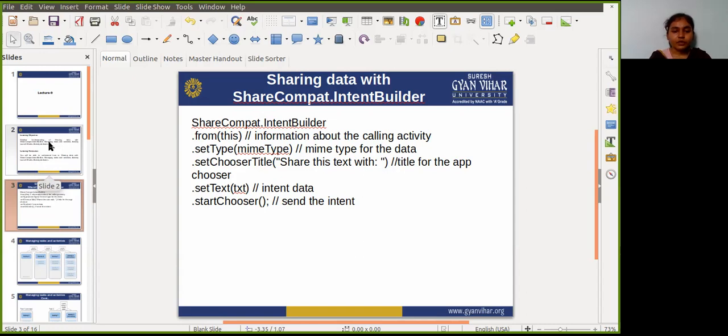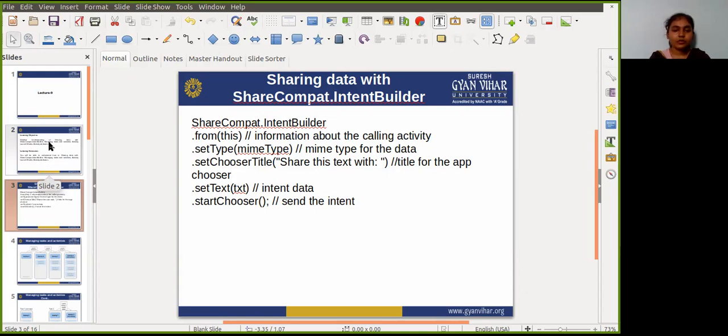Okay. So with the ShareCompat.IntentBuilder class, we do not need to create or send an implicit intent for the share action.